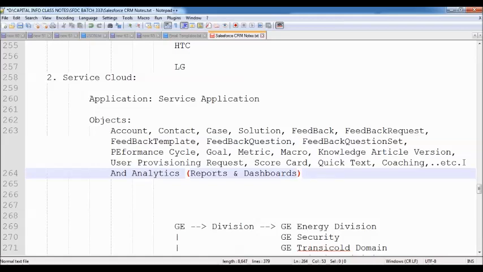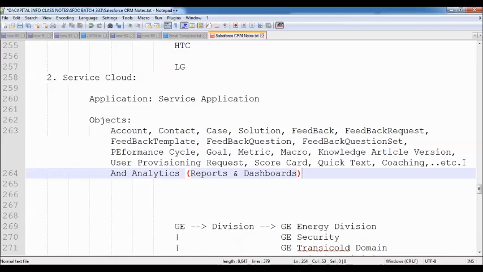That means once the services have been given to the customers, by the end of the day we need to generate some reports. Like today, how many complaints have been raised by the customers? How many complaints have we resolved? How many are we still working on? How many have been escalated? How many haven't we started yet? We need to generate that whole report, and based on that we can plan accordingly and take some actions. For that reason, in order to generate reports related to services, Salesforce has given the analytics part. By using it, we can generate reports and dashboards.